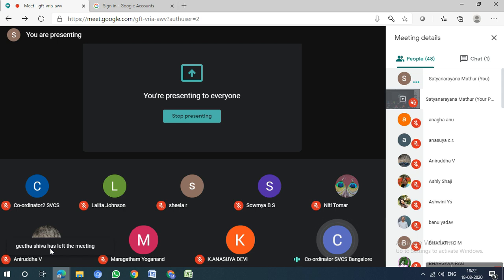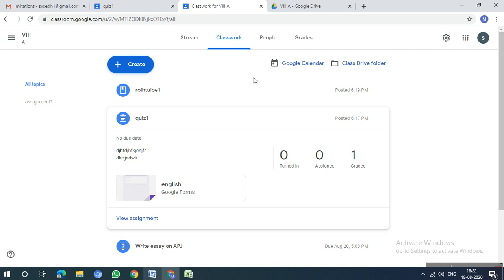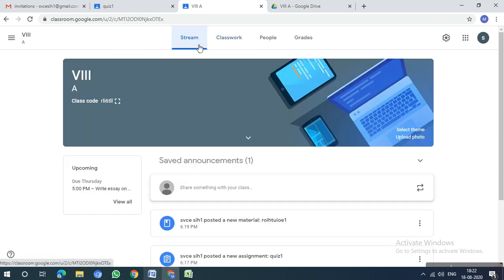Ma'am, let's say for example, as I showed here, this is the 8th A classroom. If I put all the students here for all the subjects by adding all the teachers, students will get confused about who has given an assignment and which subject it is. They need to answer 6 subjects, or 8 or 10 subjects here. They will get confused whether this teacher has given or not, whether I missed this assignment. So to avoid that, it is suggested to go with one subject, one classroom from the individual teacher.